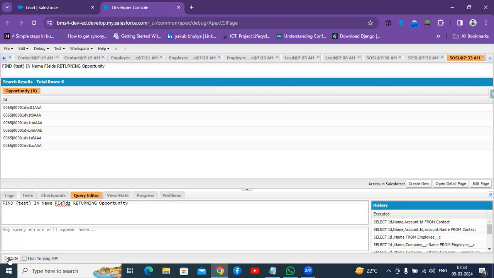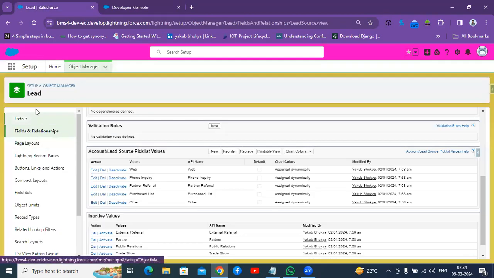So let's suppose for this object, I have to return multiple fields. By default, we are getting only ID, right? But I want to get multiple field values. To get multiple field values, what you can do is, beside this object name, in the parentheses, you can specify those field names. Let's suppose if you go to opportunities,